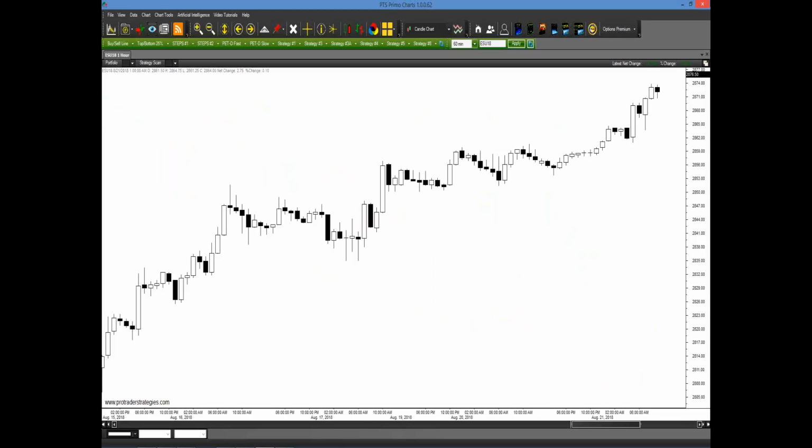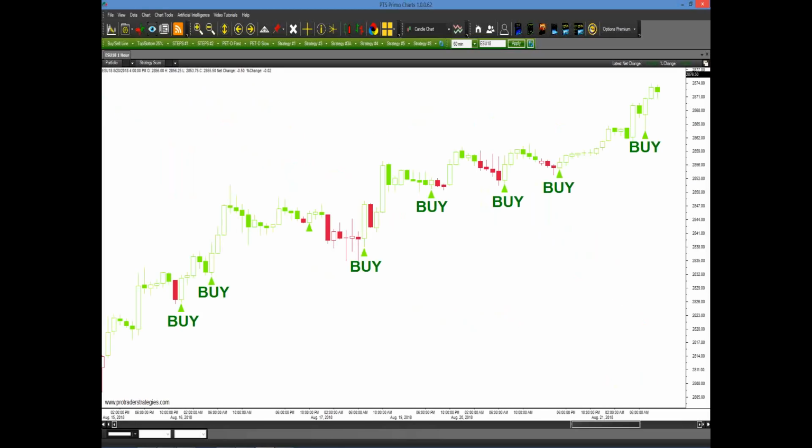Could have scanned for an hourly time frame and generated all these buy signals, all valid candlestick combo buy signals